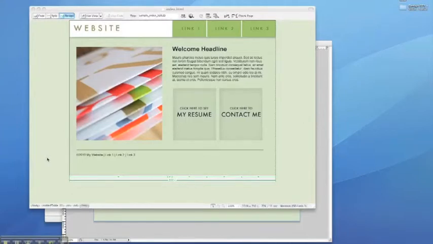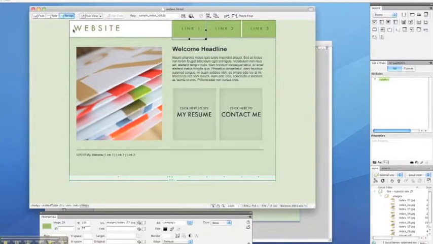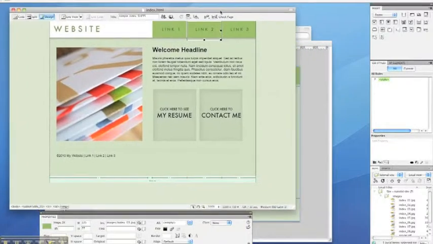Now that you have your website centered on the page and your background color changed, we're going to set these navigation links so that they're rollover images. So you can see that each one is its own slice like we made in Photoshop. And because you saved your Photoshop file with slices, we're able to go back and use that file and export these same images again at the same dimension, which is very important,